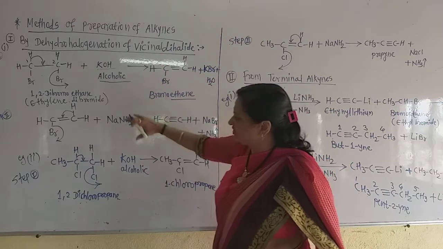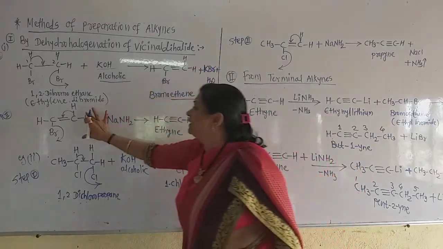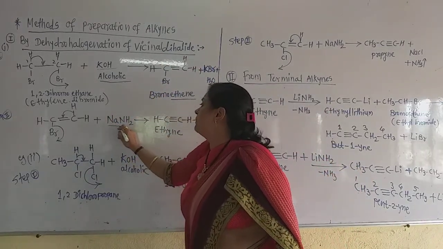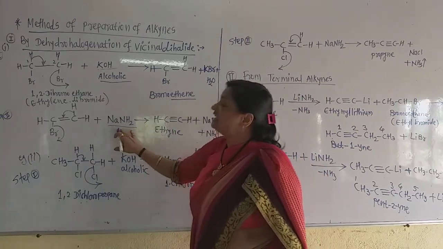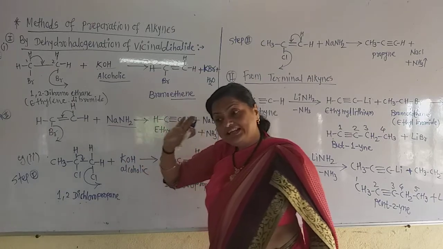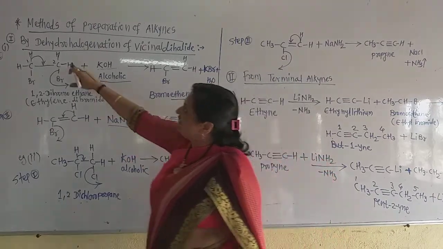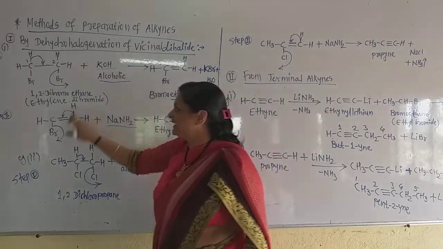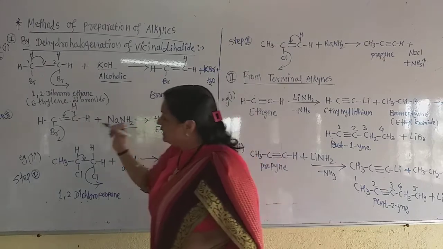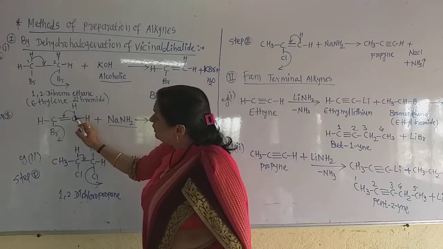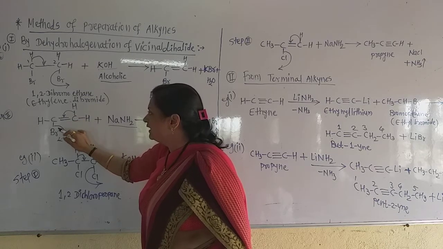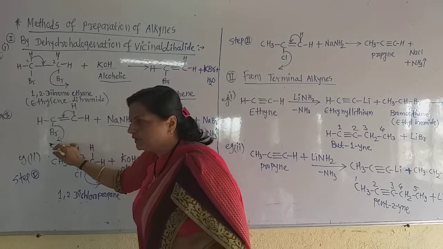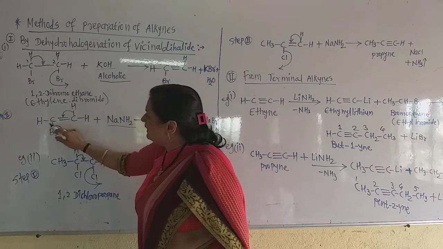This is the total reaction. Now in the second step, sodium amide is used. This is also a basic compound. Here also HBr is eliminated, so the name is dehydrohalogenation. Hydrogen and halogen are eliminated. Now what happened here? The hydrogen atom of this second carbon gives a triple bond here, and this bromine has to leave. Now what is remaining?